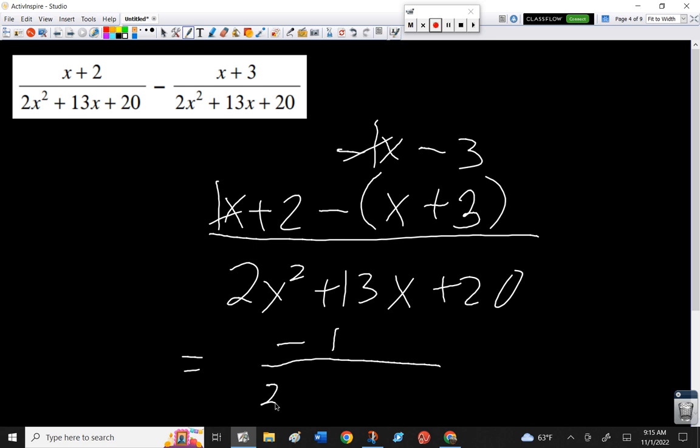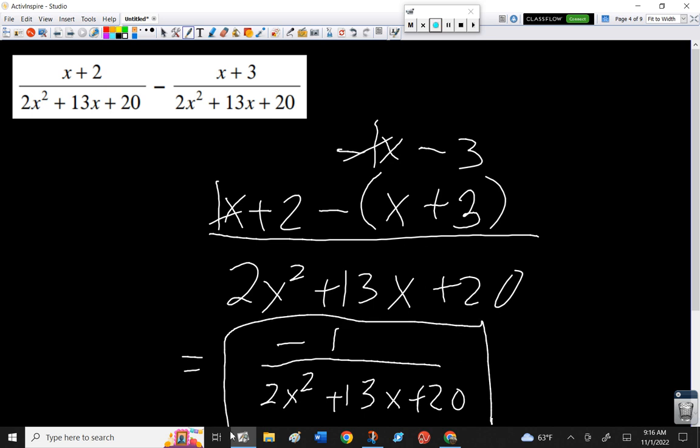And then we're going to have 2x squared plus 13x plus 20. Okay? That's it. It's simplified. That's our final answer. Again, I said it was more complicated, but yeah, it's more complicated because that's subtraction. But if you can get over not losing a sign, because most people, if they don't put the parentheses, they